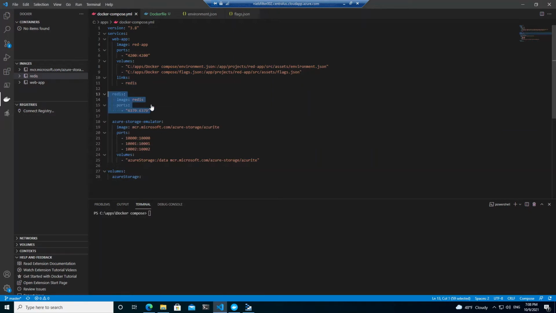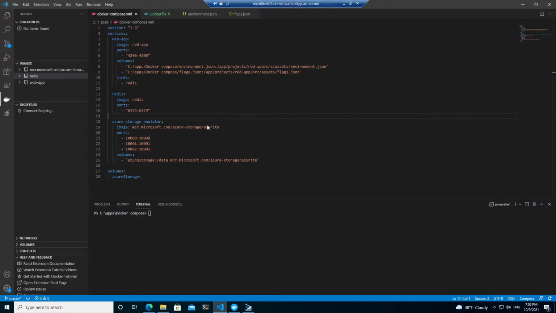in the Docker Compose YAML file, I've also simply fired up the Redis, the latest, because it's got no tag, and then expose the 6379, which is the one we need to expose internally, and then externally, just to keep things simple, just use the same one as well. Looking at the Azure storage,